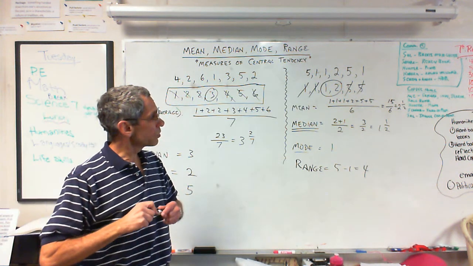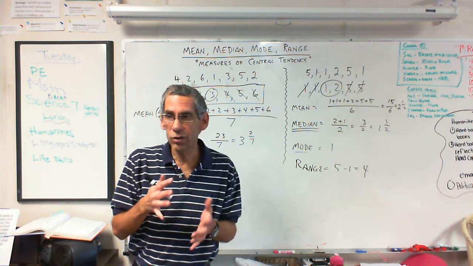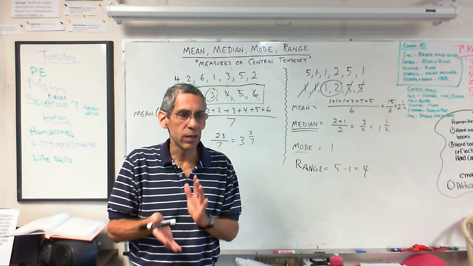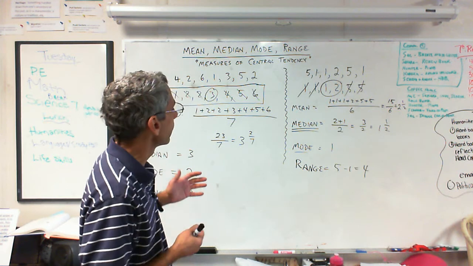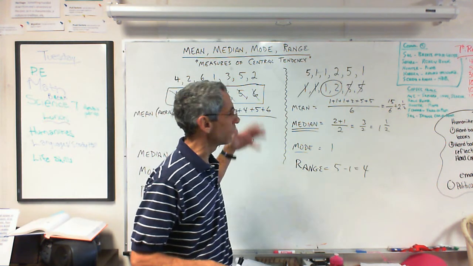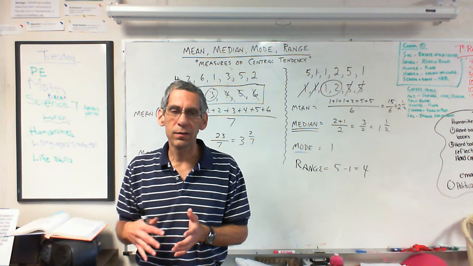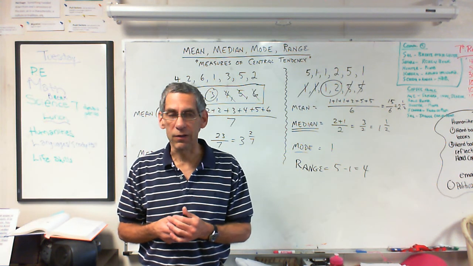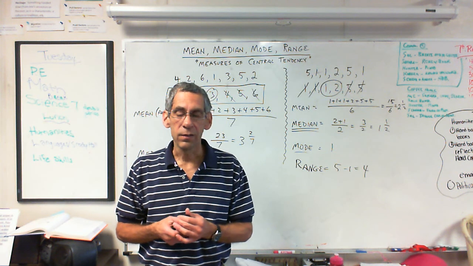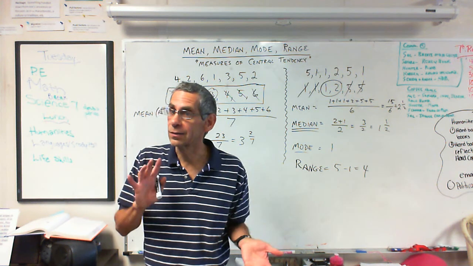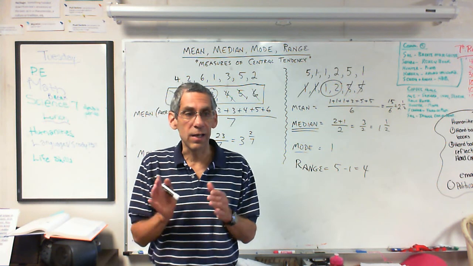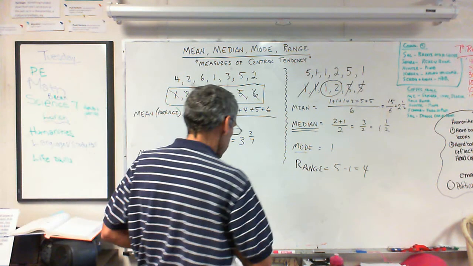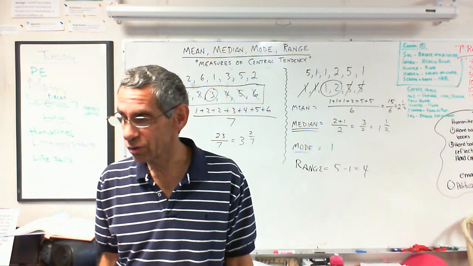Okay? All of those numbers are sort of related to where the center is. That's kind of what they're helping us understand in a way. How are they related to the center? And each one sort of gives you different kind of information. At some point when we start looking at some of the graphing stuff like box and whisker charts, you'll start to see they use medians a lot in box and whisker charts. So you start to see how median is actually useful. And so anyways, that is measures of central tendency.